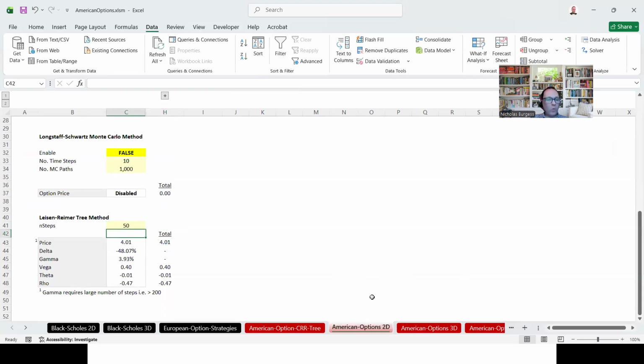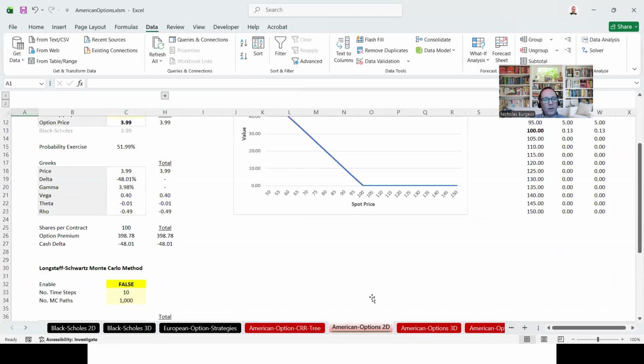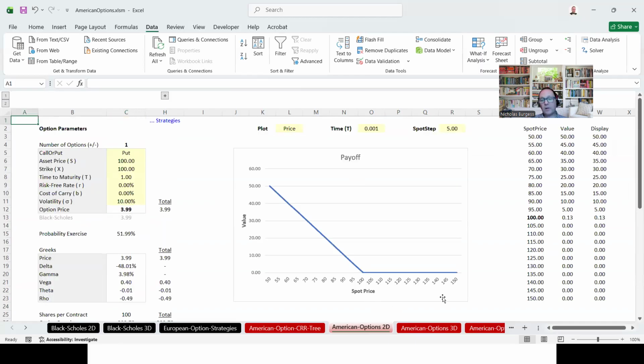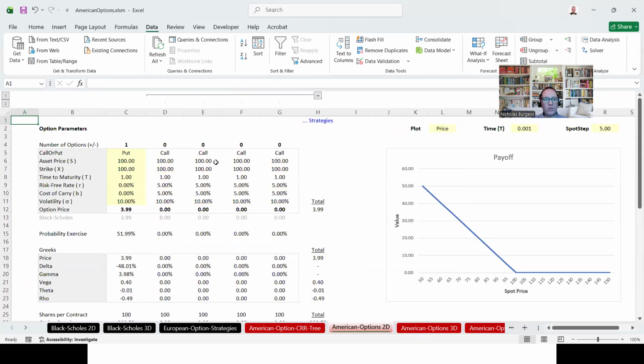And just to make you aware, I've got other pricing methods in here, and you can actually play around with them and use the one that you prefer. Now, again, there are trading strategies under here where if you want to have more strategies, you just put